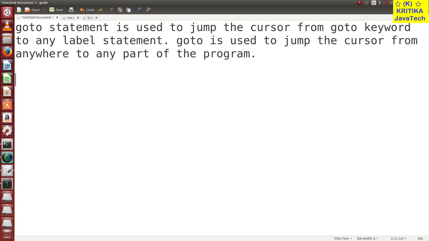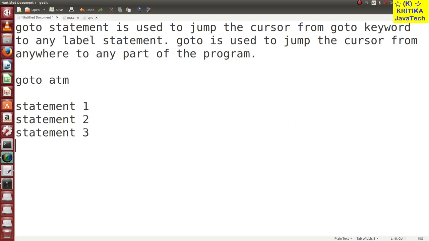Example, suppose it is written here, goto, I have written, suppose, ATM. I have written ATM. So then after that I will write statement 1, statement 2, statement 3. Then I have written here, define the ATM. When you define ATM, you give the colon symbol, and you write statement 4,